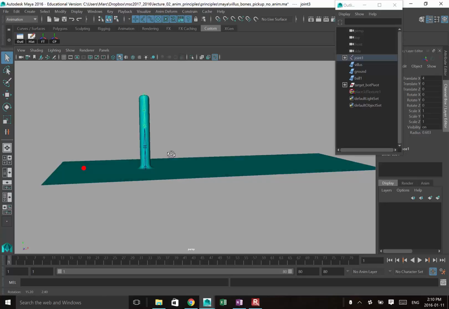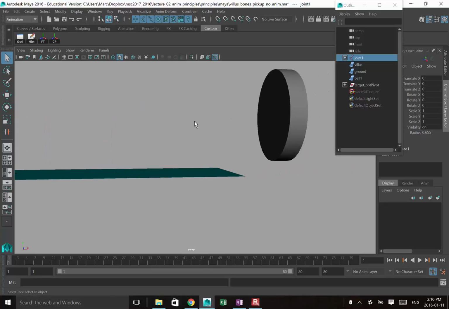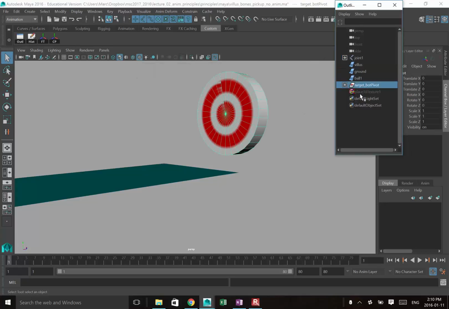Okay, so most of this stuff is pretty easy. It's just setting keyframes, but then adjusting things in the graph editor. So we're going to do that. And if you just look at the ball here, or sorry, the target, you can see that I've got it